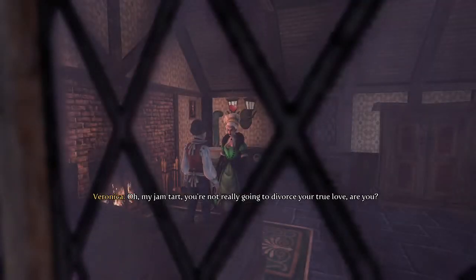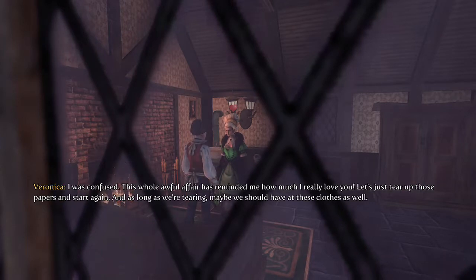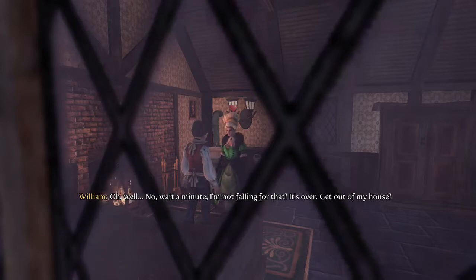Why, Jam Tart, you're not really going to divorce your true love, are you? You're unbelievable. You just tried to have me killed, and now you're trying to worm your way back into my heart. I was confused. This whole awful affair has reminded me how much I really love you. Let's just tear up those papers and start again. And as long as we're tearing, maybe we should tear off our clothes as well. Oh, well...